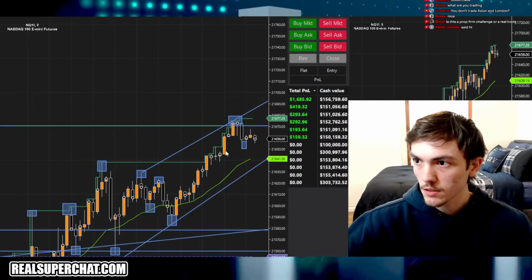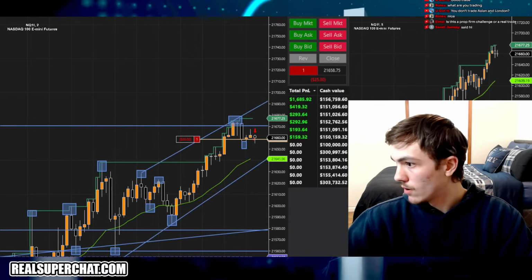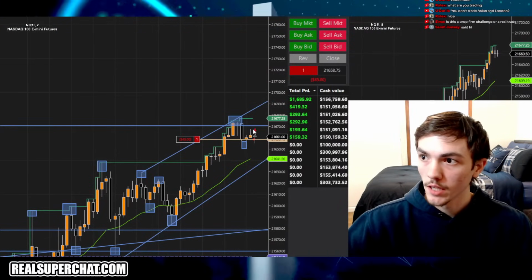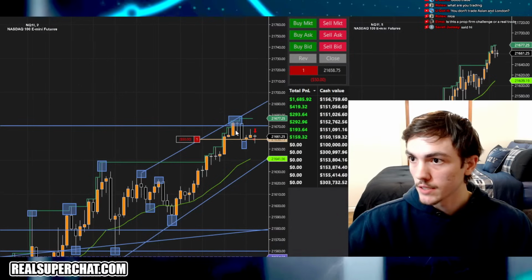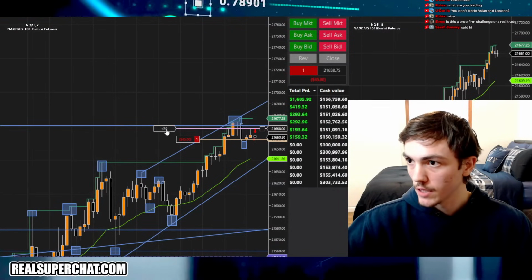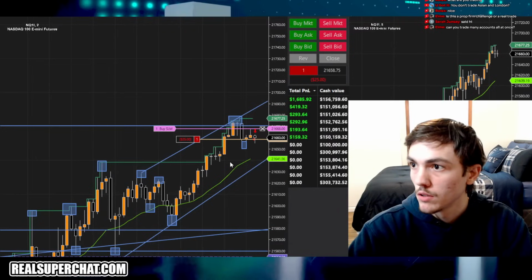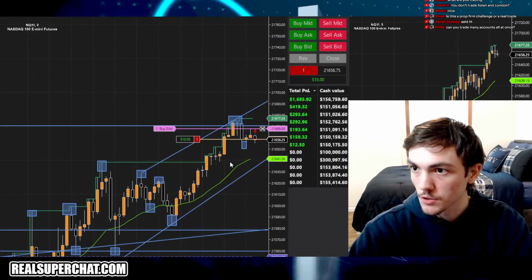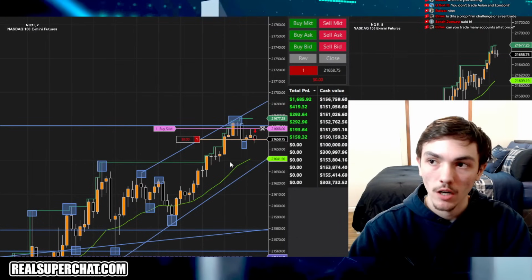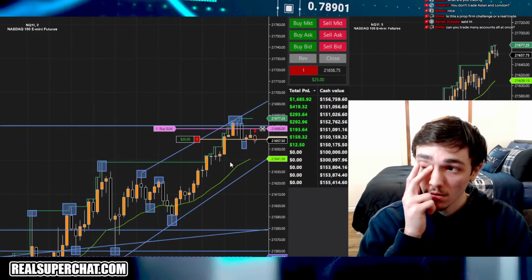Little late to this. I think I executed. Hold on. Alright, that's a very late execution. Okay, I'm putting a stop on this at the high of this wick. This is the funded account, so I'm risking about 150. Looking for this to flush down to the 12 EMA. One contract short. I trade funded accounts a little differently.